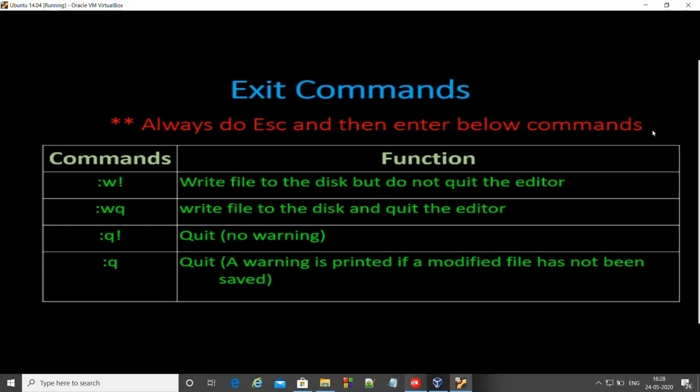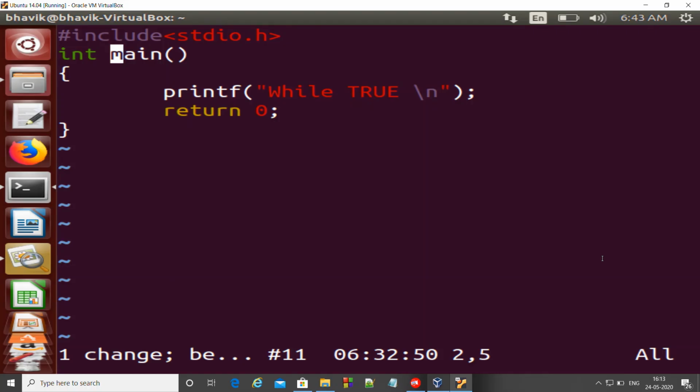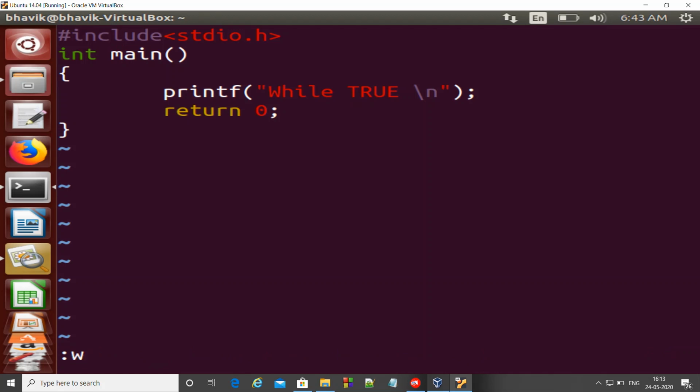As text manipulation commands, these commands should also be used after pressing the escape button. So this is the file we had created. Suppose we want to save this file. We have two options. First, we'll press escape, then colon W, and then enter.